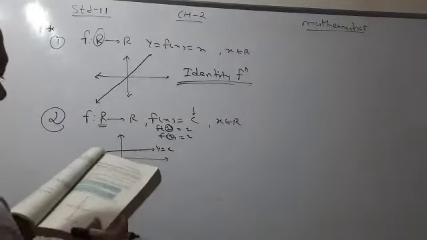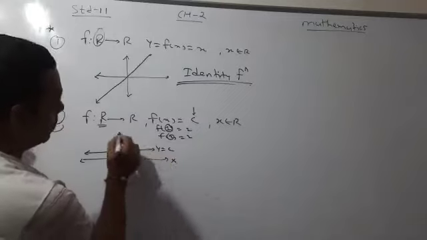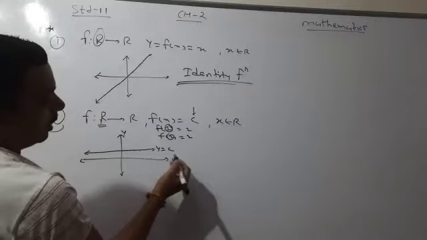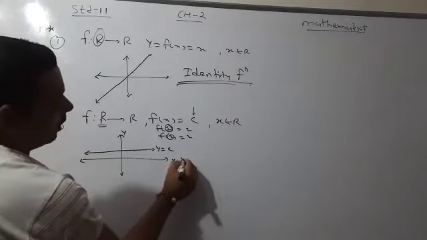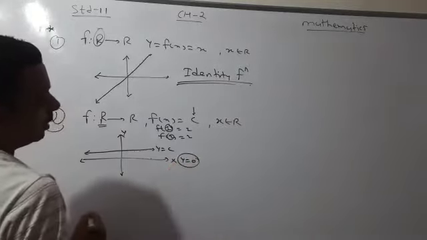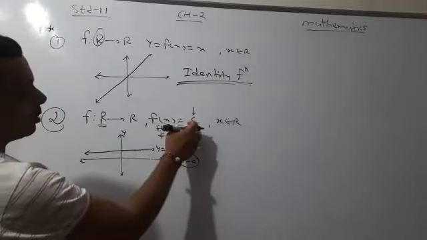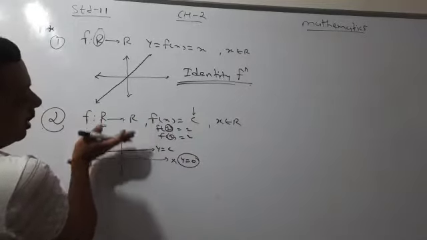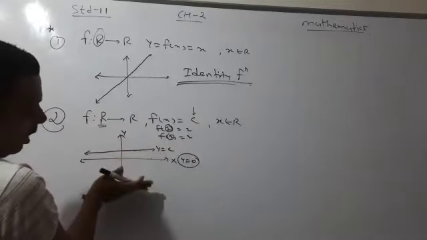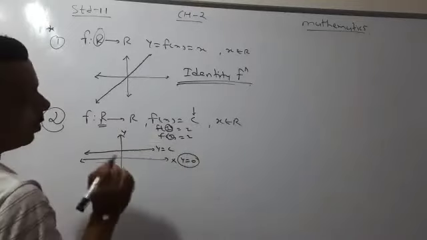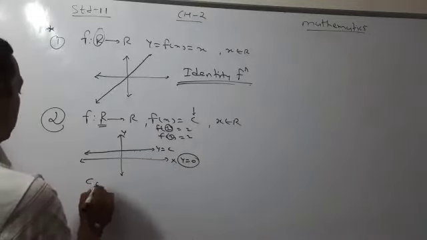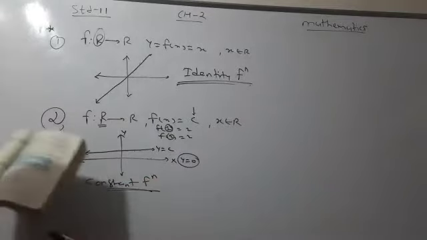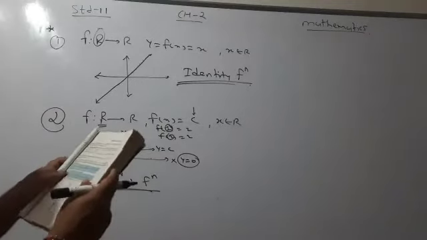This is our horizontal line. You know that this is called x-axis, this is called y-axis. If anybody asks, tell me the equation of x-axis, what can we say? We can say x-axis means where the value of y is 0. So y is equal to constant. If that constant is positive, the graph is a horizontal line on the upper side. And if this c is negative, the graph is on the lower side, but the line is always a horizontal line. This function is nothing but constant function, right?